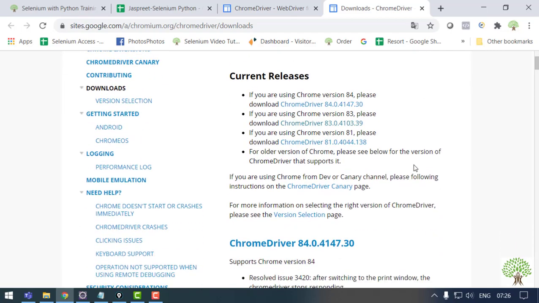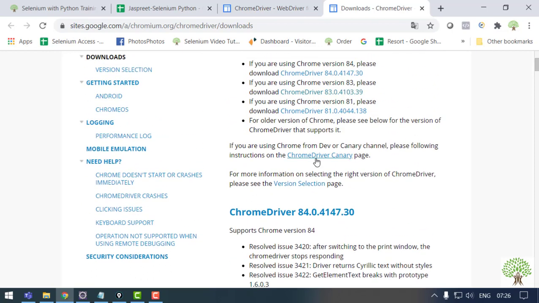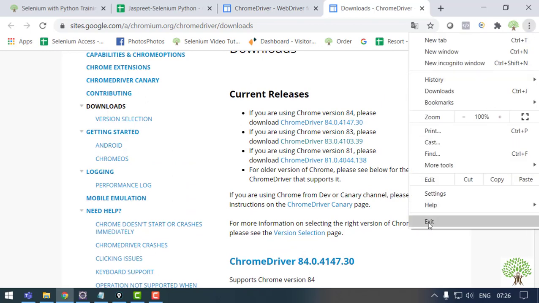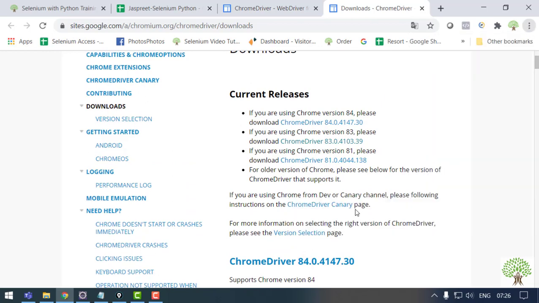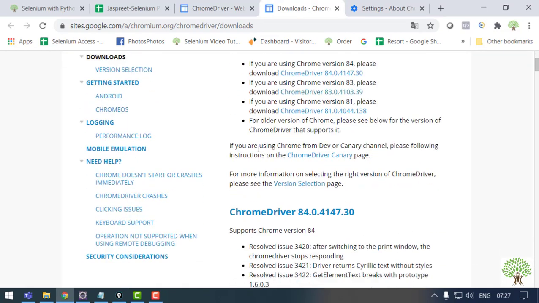Now before downloading any of the exes from here, you just need to know which particular version of Chrome you are using. You can check from here. Just go to help and About Chrome. And this is the version that I have got, 84.0. So if I have to get the exe for my system, I will be getting the recent one that has just come.